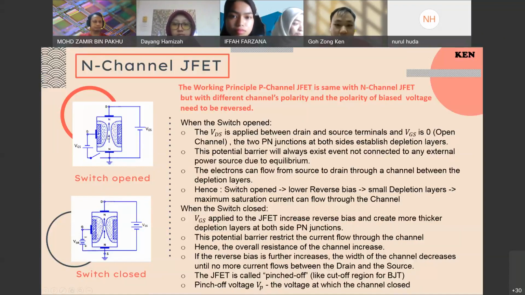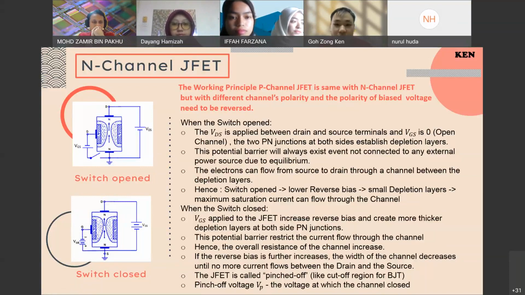For the second diagram, the switch is closed, which is applied to the JFET, increasing the reverse bias and creating thicker depletion layers at both sides of the PN junctions. This potential barrier restricts the current flow through the channel, hence the